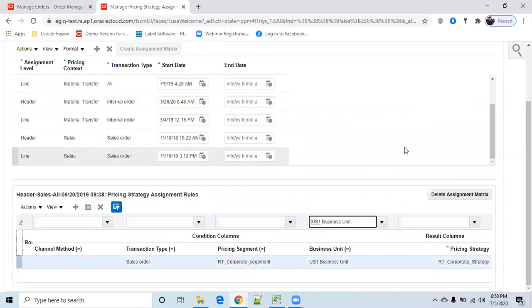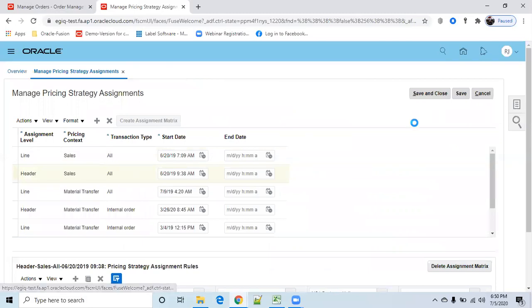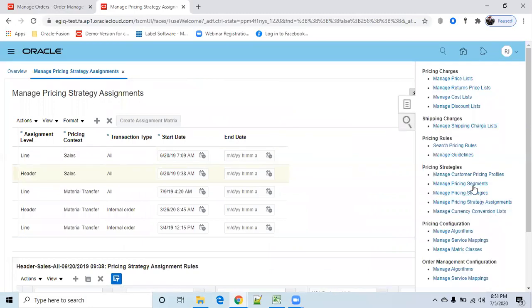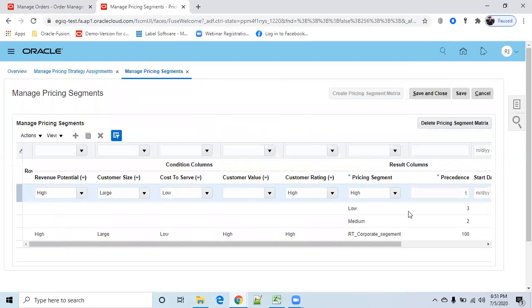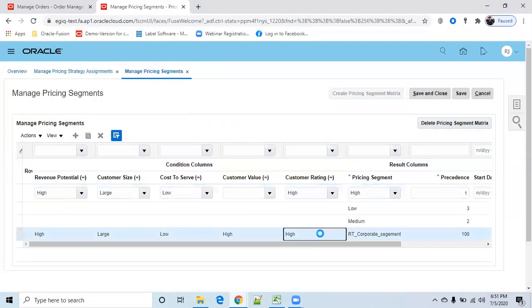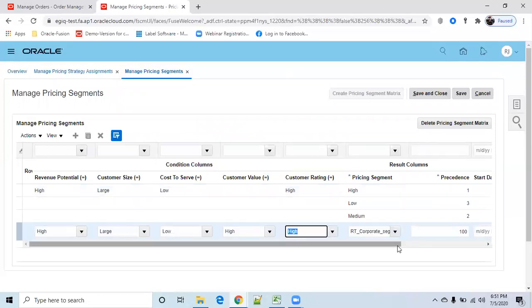What is a segment? Manage pricing segment, precedence.